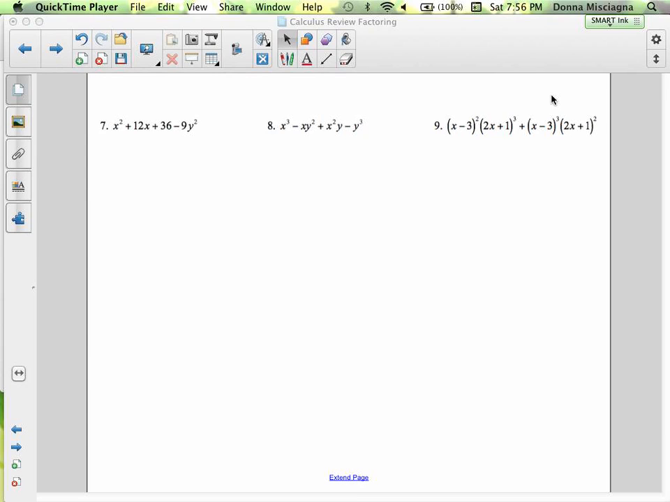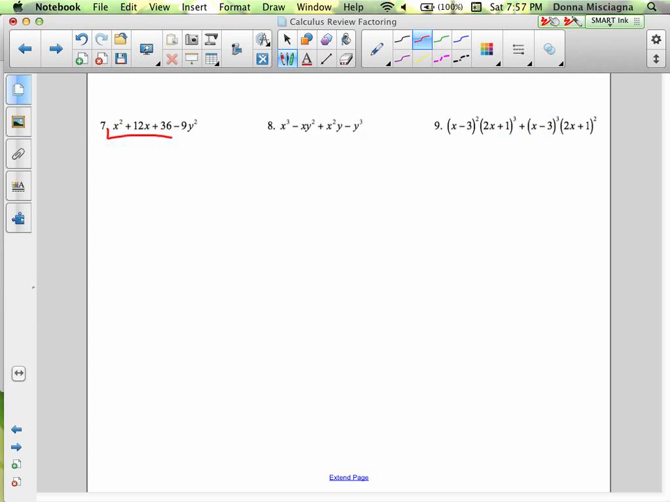Welcome, let's do some more factoring. Now the first one is kind of tricky. We're not doing factor by grouping with that. There is just no way that you can do factor by grouping and have this work out. However, if you look really carefully, we've just gone over perfect squares